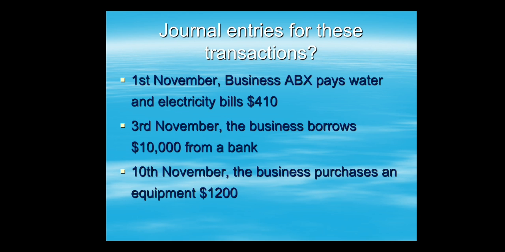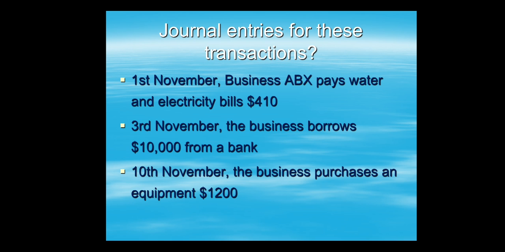Okay, see the second example. 3rd of November, the business borrows $10,000 from a bank. What do you think? So the effect of this transaction is asset increase. The name of the asset is cash. When a business borrow money from a bank, cash goes into the business. Imagine a business borrow money from a bank, the business will receive cash from the bank. So asset cash increase 10,000,